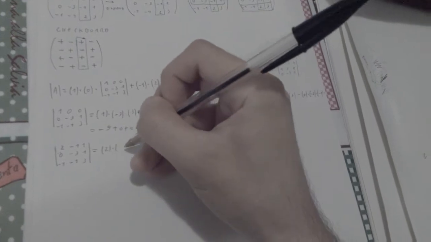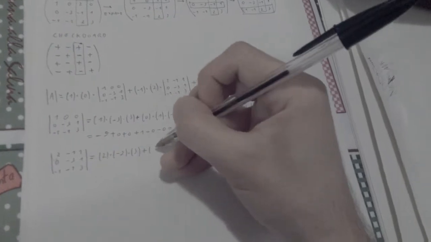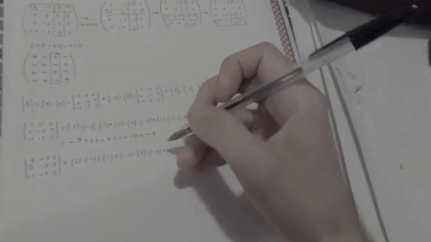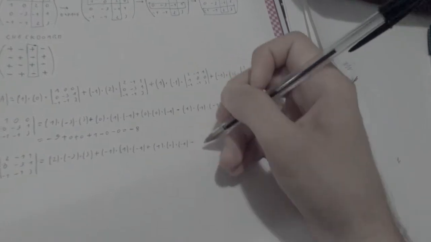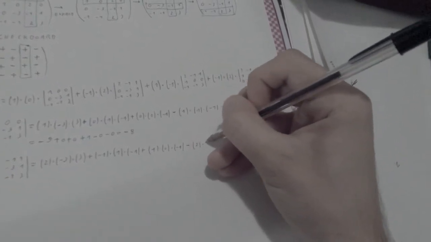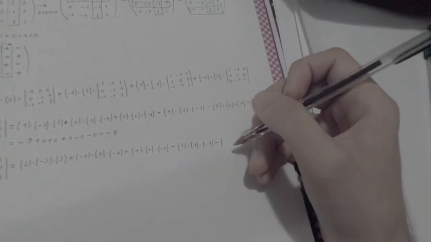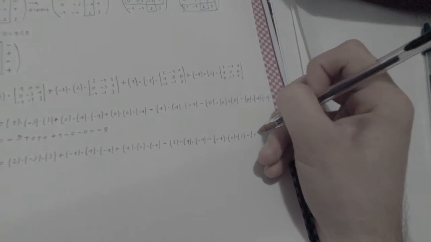So we're going to have 2 times -3 times 3 plus -1 times 1 times -1 plus 1 times 0 times -1 minus 2 times 1 times -1 minus -1 times 0 times 3 minus 1 times -3 times -1, and